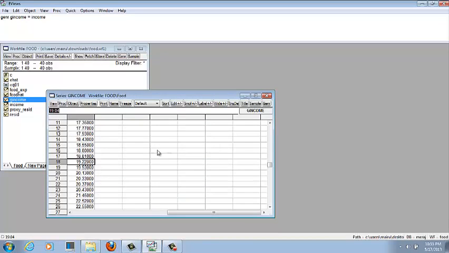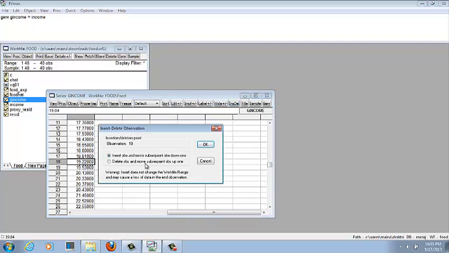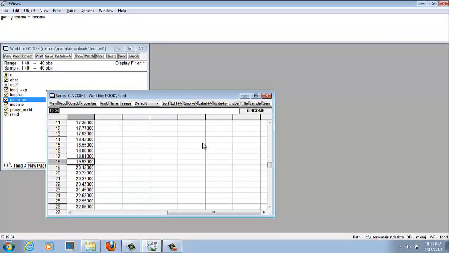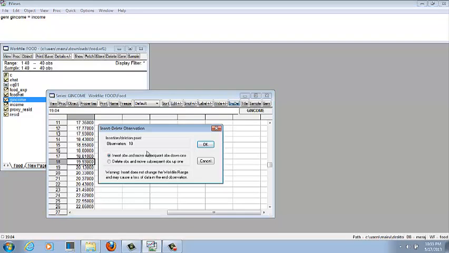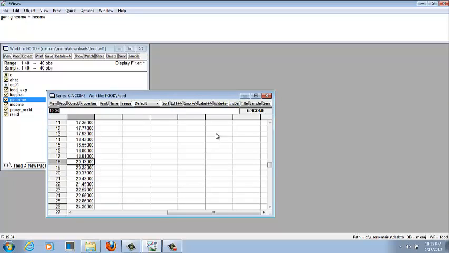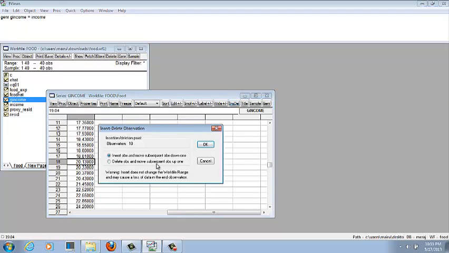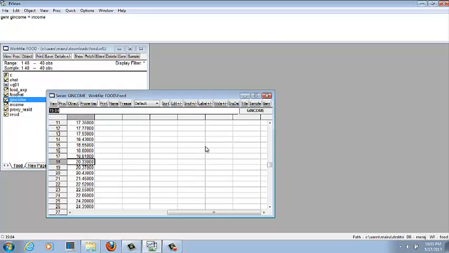So now 19, I'm going to delete 19. The same way 20 and 21. So let's check how many values we have now. We should have 36 values. Here it is. We have 36 values. Okay.